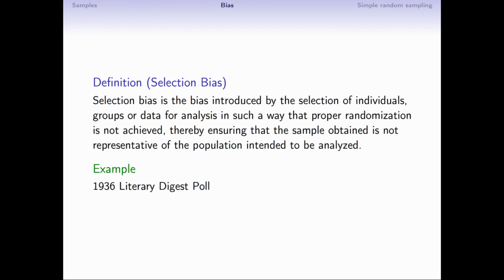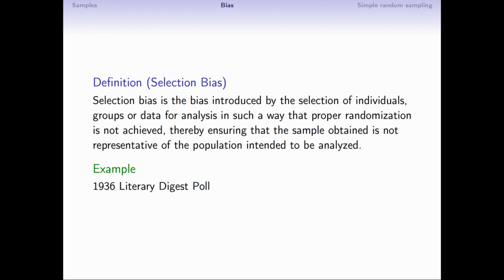So we'll call this selection bias. Selection bias is the bias introduced by selection of individuals, groups, or data for analysis in such a way that proper randomization is not achieved, thereby ensuring that the sample obtained is not representative of the population intended to be analyzed. Now, a classic example of this, and one that you may have heard about, is the famous 1936 Literary